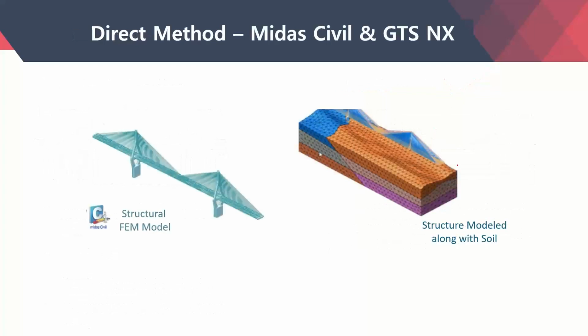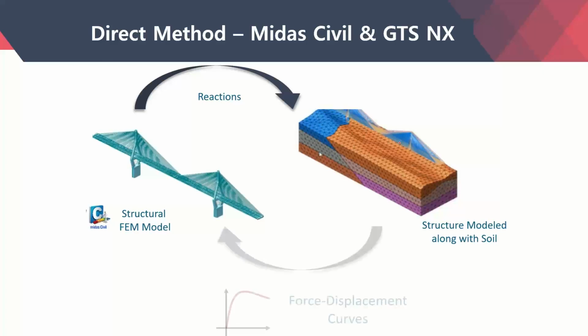So the direct model of the soil structure interaction will look something like this. Let's say it's an example of a bridge. Along the bridge we transfer the reactions, or the loading scenarios, to the FEA model. Then from the FEA model, after you have successfully run the analysis, you send the force displacement curves to Civil, and there you can check the graph for the nonlinear P-delta curves. Okay.